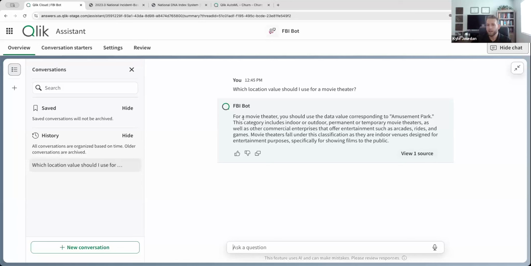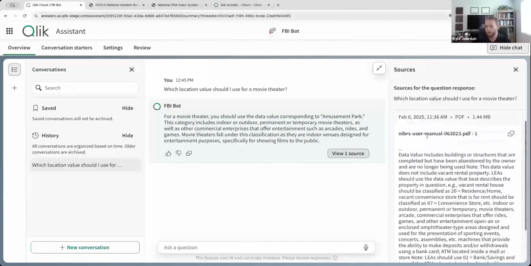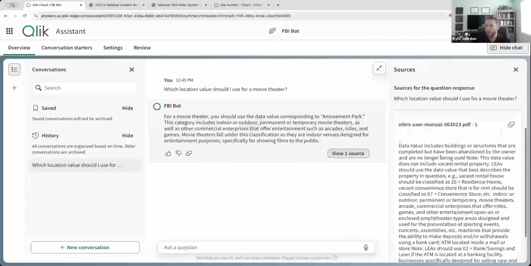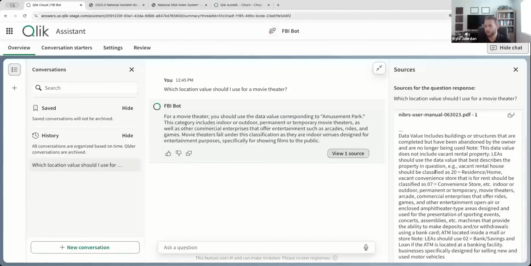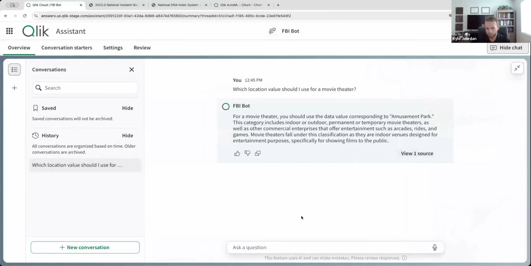So you can see here, it's telling me that for a movie theater, I should use the data value corresponding to amusement park. And I'll be able to also see the source of where it found that information. So I can see not only the document that was used to source that answer, but the particular page and paragraph that was used to find that specific information. And if I wanted to, I could then go directly to that document at its original source.